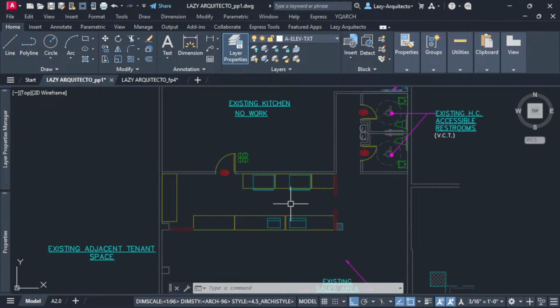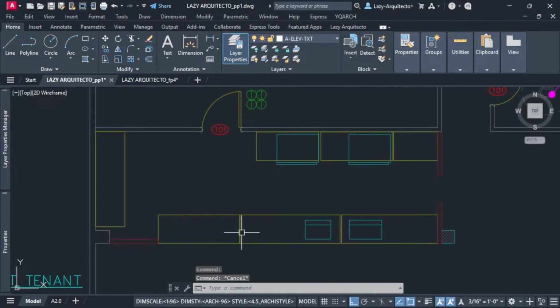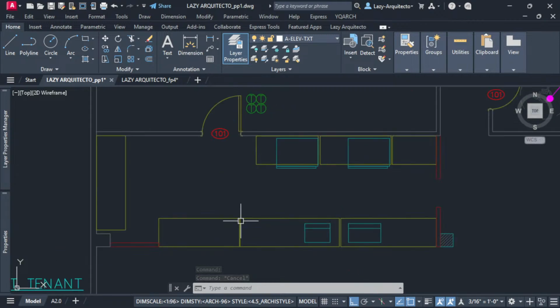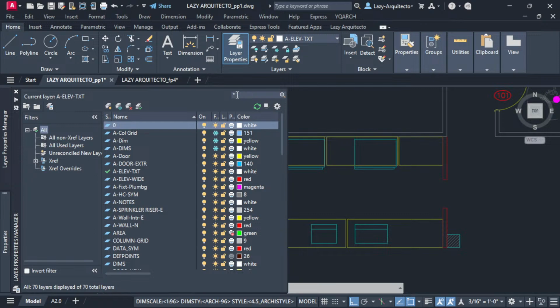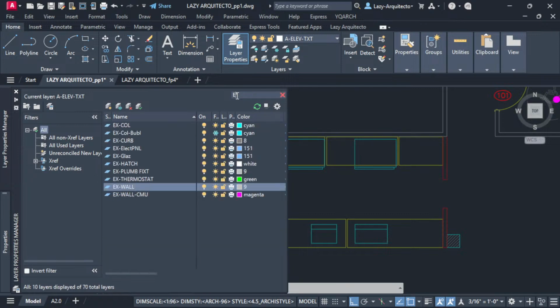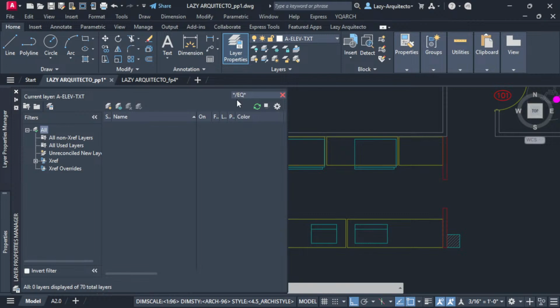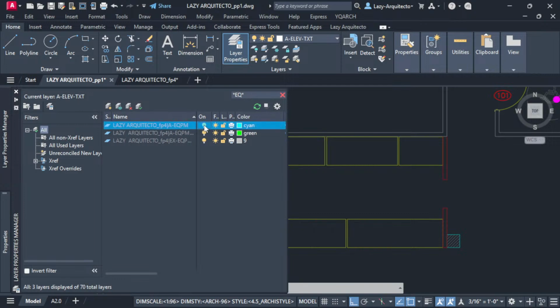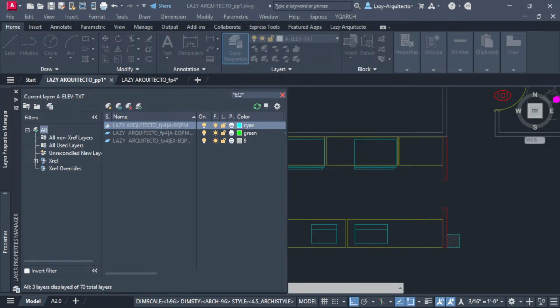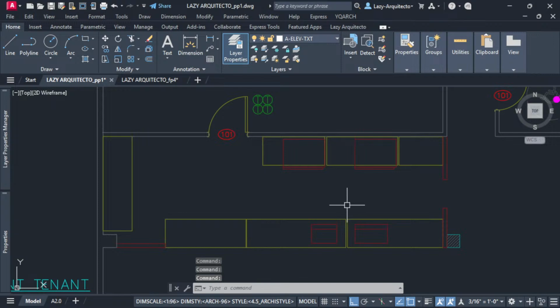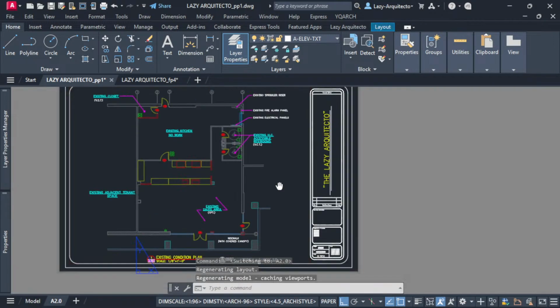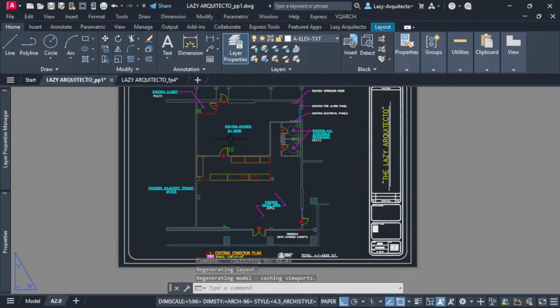For example, I'll have to come here, and since this is a new counter, I try to find that layer on my layer palette and type maybe equipment, and then find that layer and then change the color. It's this layer, of course, as you can see. Change the color to red, because that will print darker on my drawing, and I like to differentiate the new items